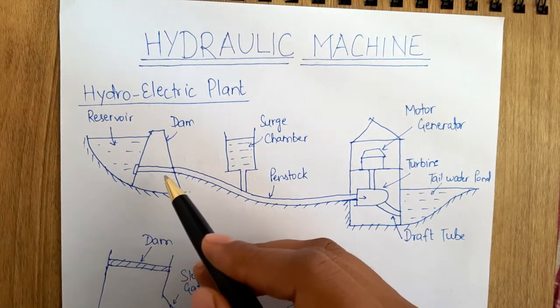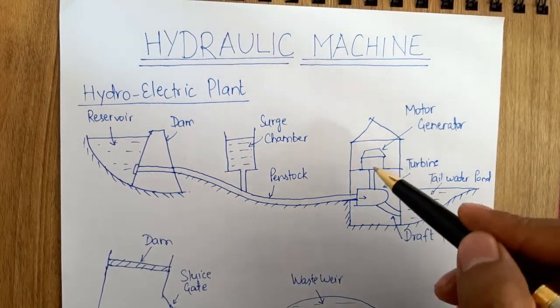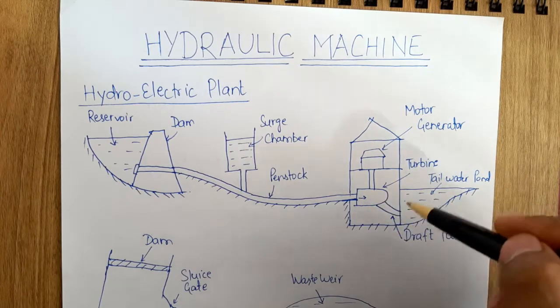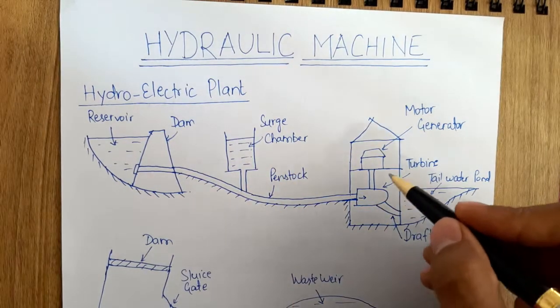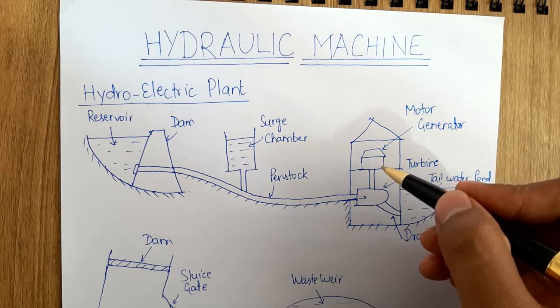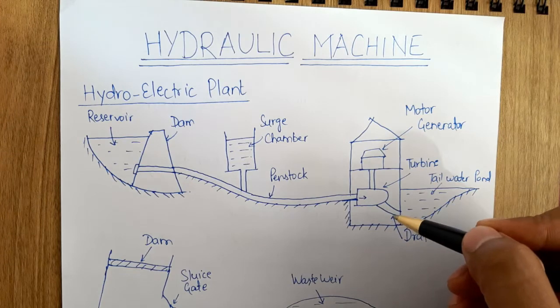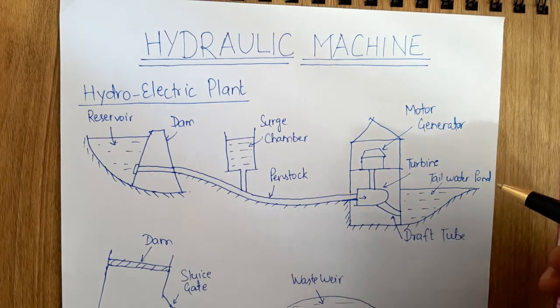From the reservoir through the dam, it will reach through the penstock to this turbine. Okay, into this turbine arrangement, and we have a surge chamber. Now through this turbine, the rotation of the turbine, the generation of the power is being done in the motor generator, and the water will be coming out through the draft tube, and it will reach the tailwater